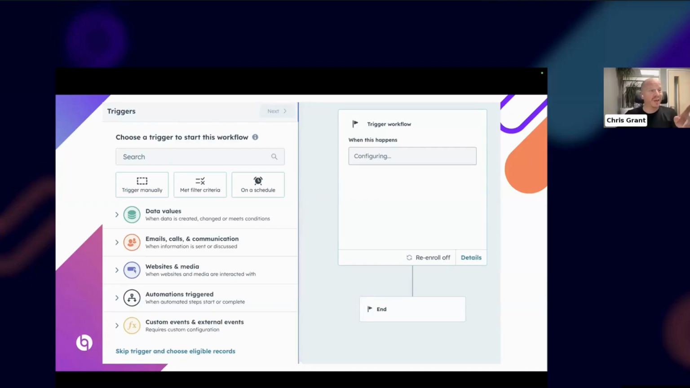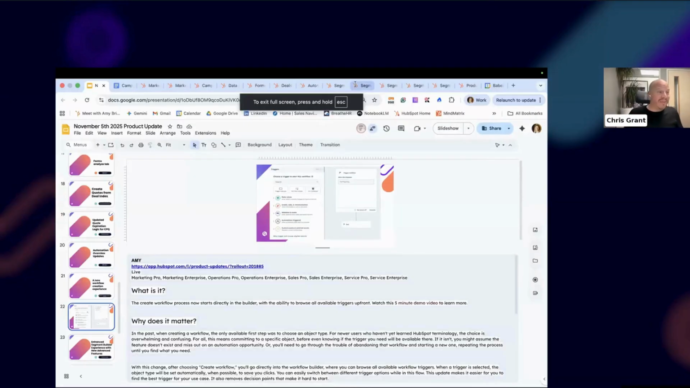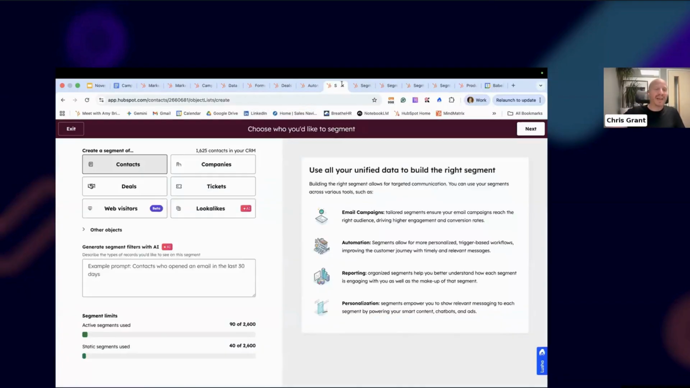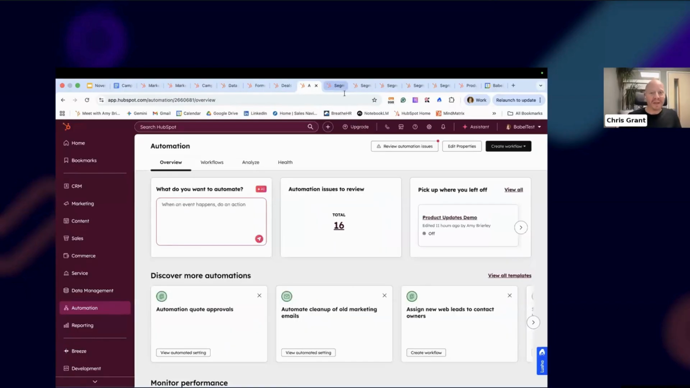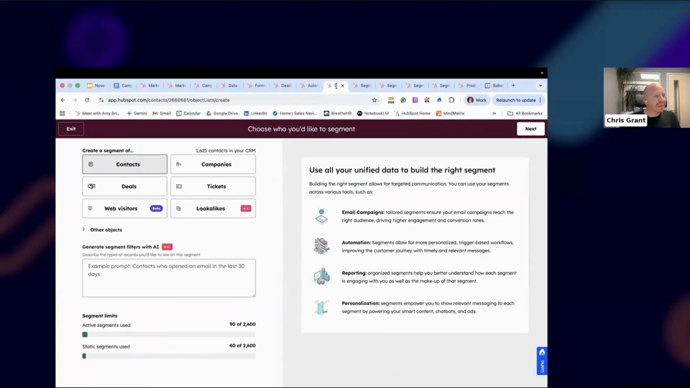Top tip on workflow triggers: use a list or a segment. If you're ever really struggling with workflow triggers, segments are your friend. Yeah, absolutely. Carrying on the workflow